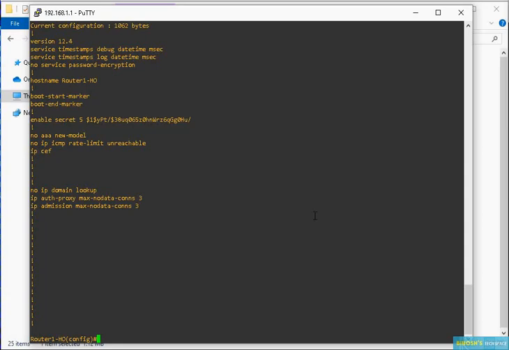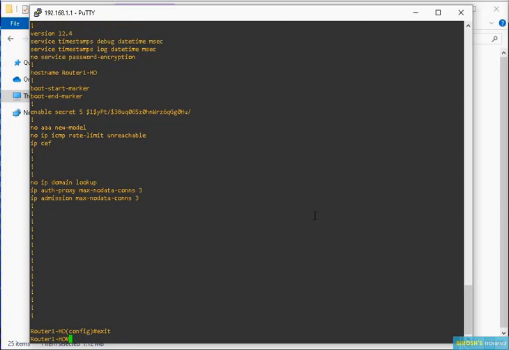Then also, you can see the command history by using the up arrow and down arrow. You will not be able to see the commands which you ran in another level. It will show only the commands which you ran from this particular mode. And if you want to go back to the previous mode, you can enter the command exit, and it will take you one mode back.